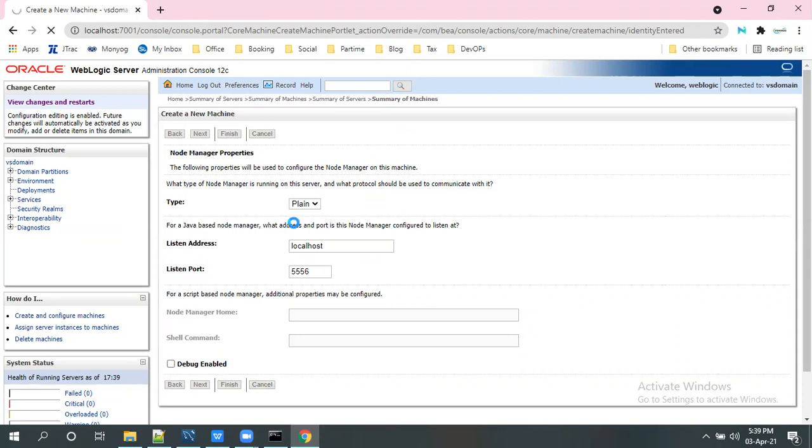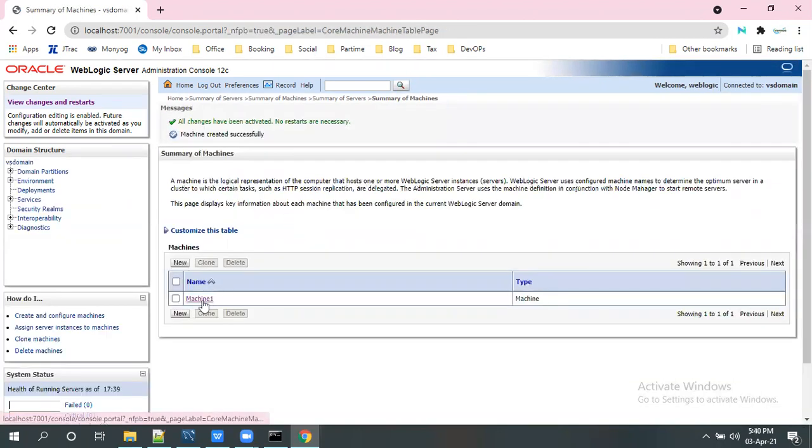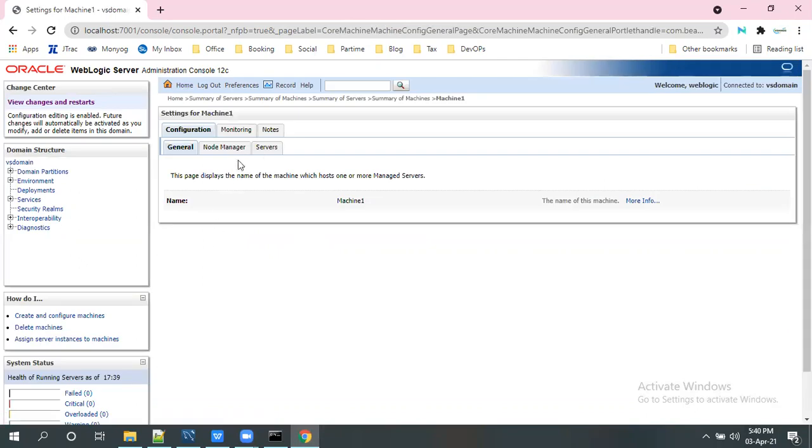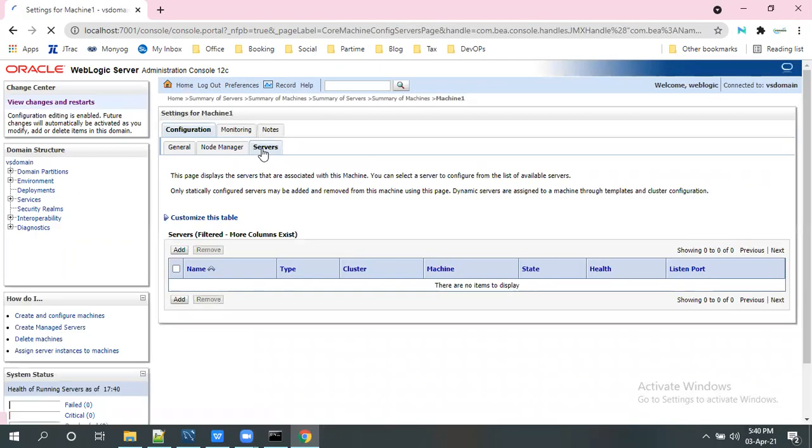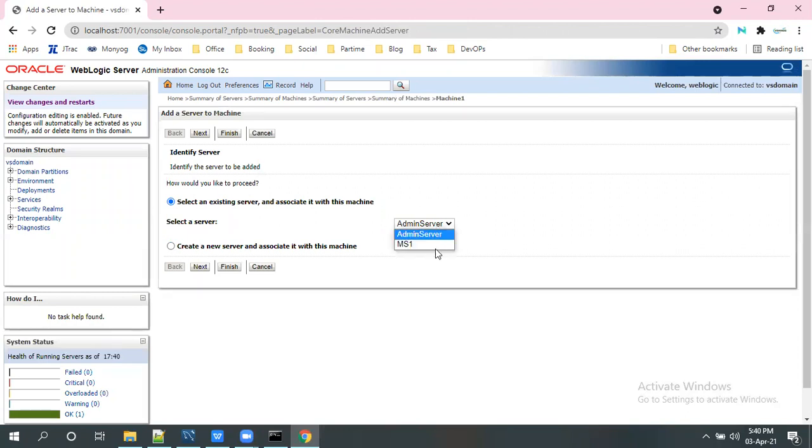So we have created one machine here, and now we want to add servers into this machine. Here, what are the servers we want to add to this machine? Currently we have admin and MS1 for this domain. I don't want to start the admin server with the help of node manager. The admin server will start from the script itself.